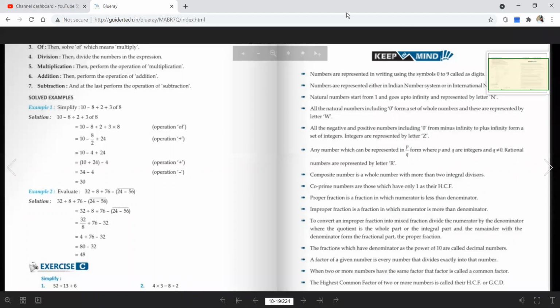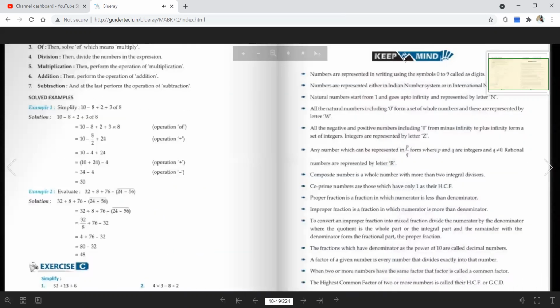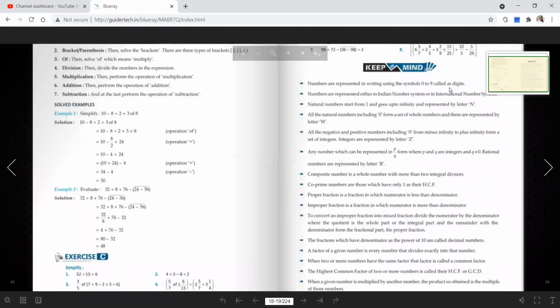From chapter 3. Chapter 3, today we are not doing. Chapter 1 first, you see nicely. See, there will be MCQ type questions. I hope that all of you can see this page. Here you can see that all the keep in mind things are very, very important because I can see that many questions can be formed from here. So first see the chapter, afterwards I will tell you where you will give the stress. See the chapter very nicely.